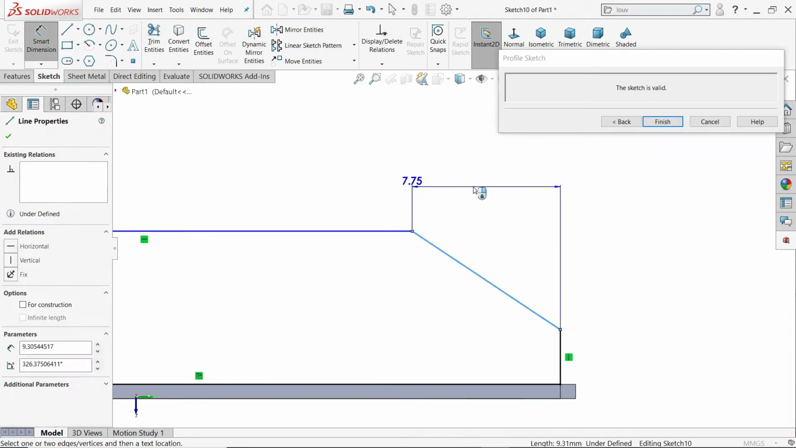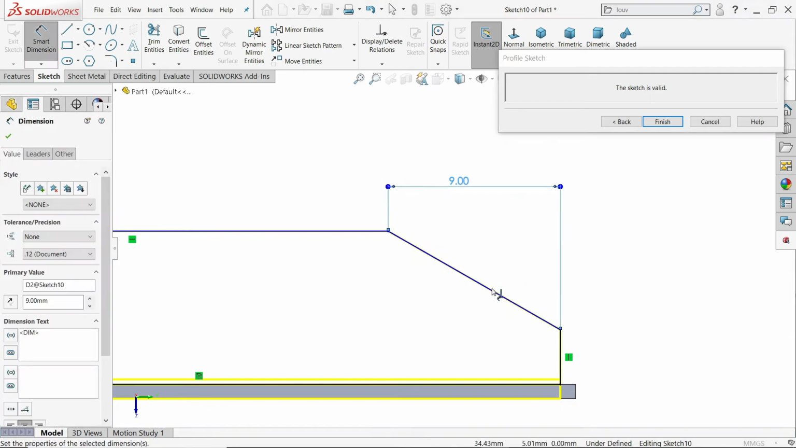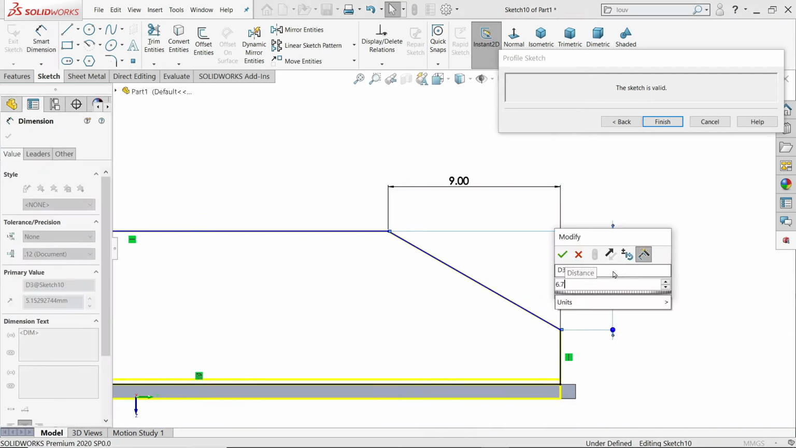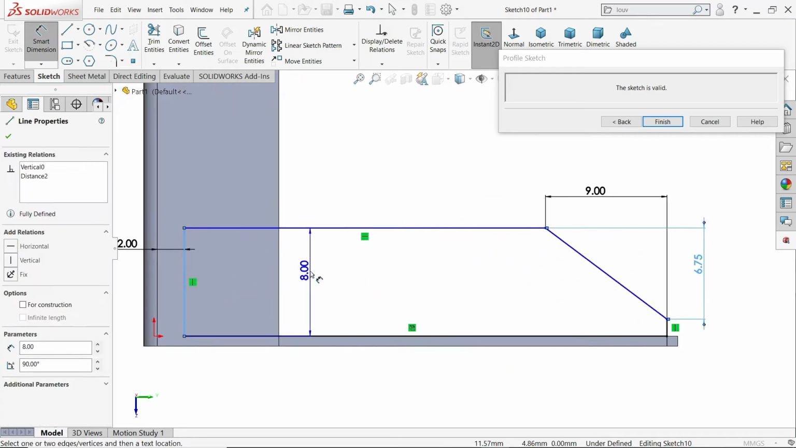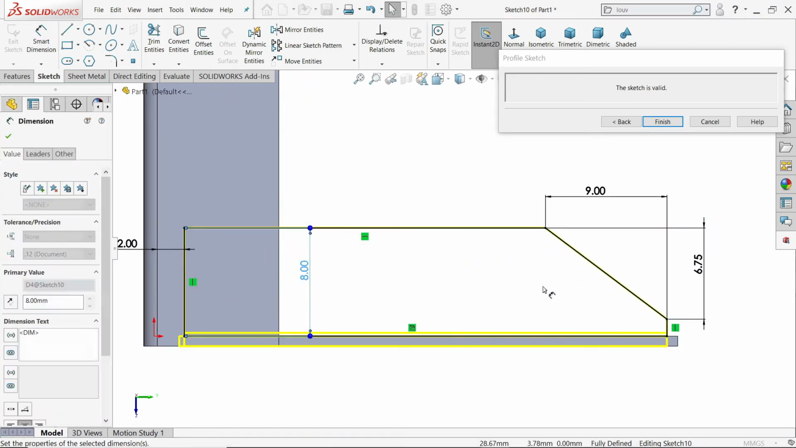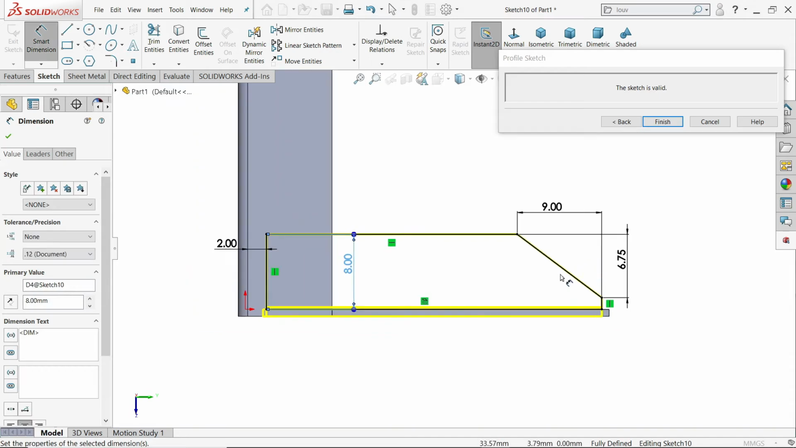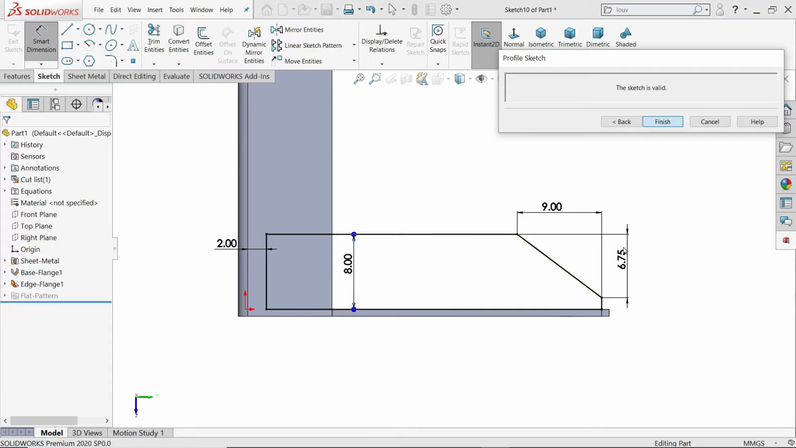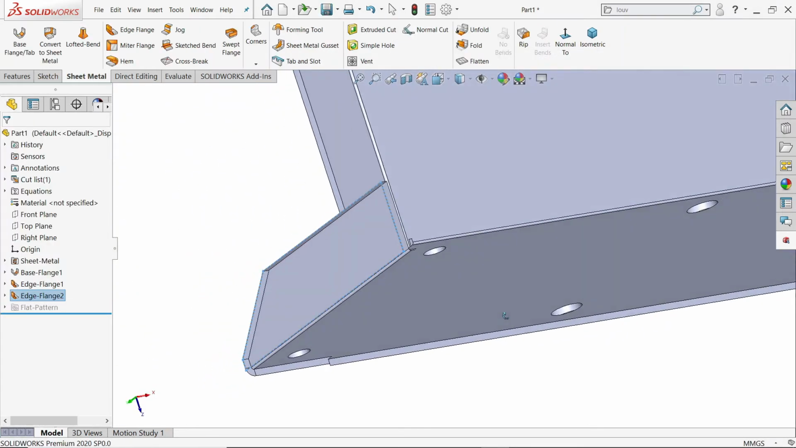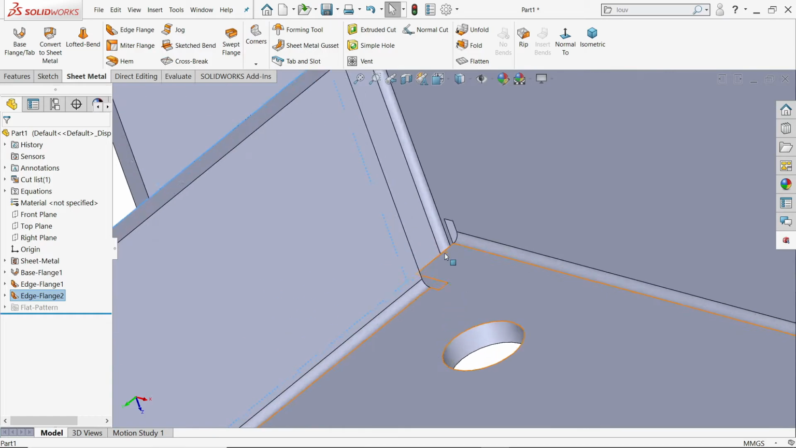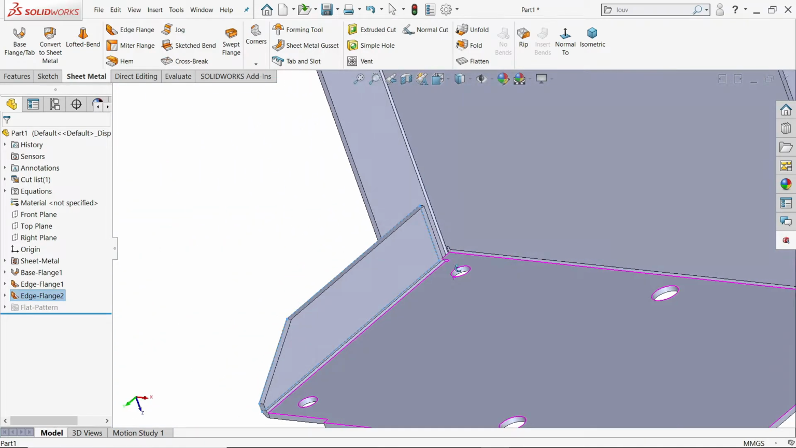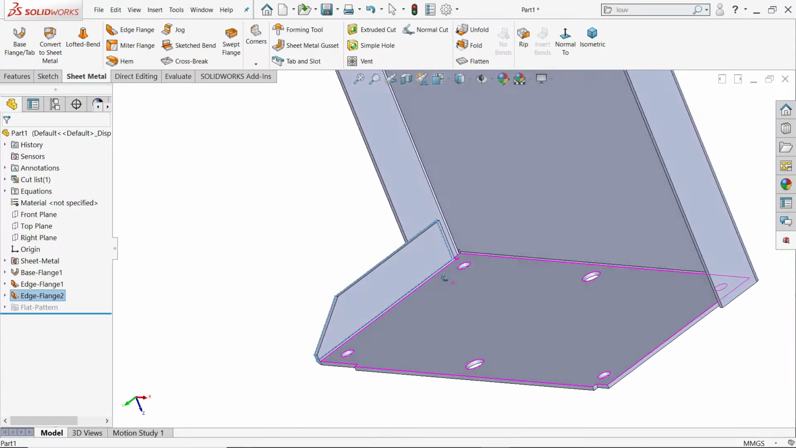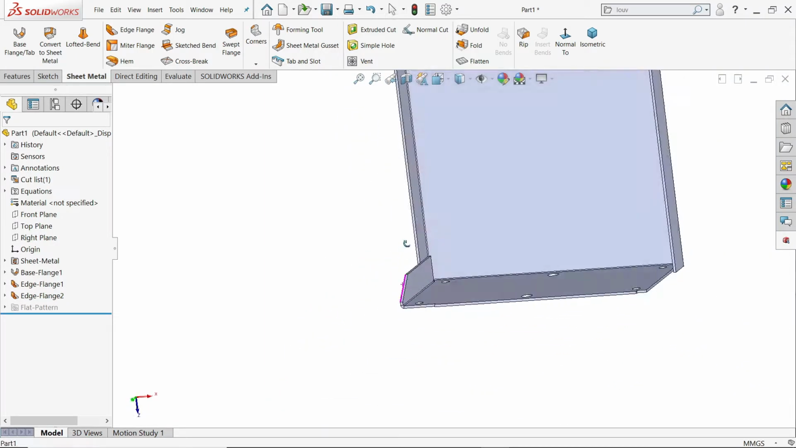Now 9, any dimension I'll give 6.75. Still this is not defined, 8. Now see, the drawing is fully defined. If I choose finish, see here by default corner fillet. Okay, now